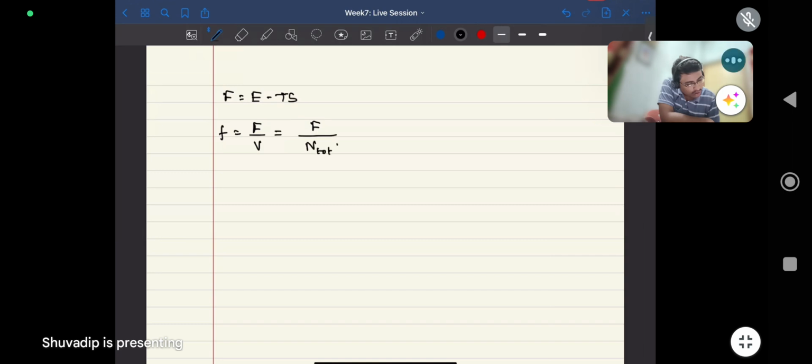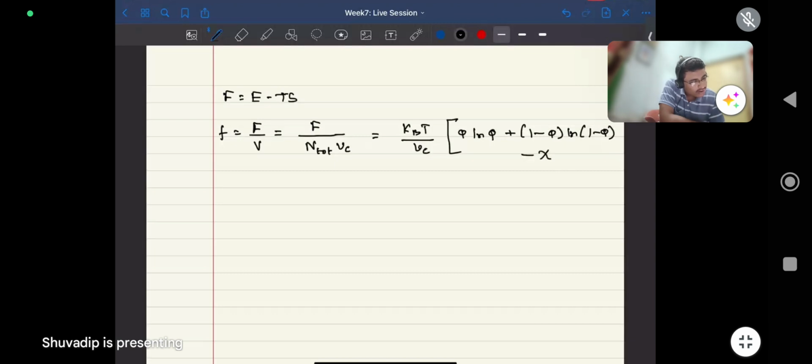F by N total into Vc. N total is Np plus Ns, and Vc is the volume associated with each of the cells. So this is one of the assumptions of the lattice model, that we consider: solute or solvent, whatever it is, it always occupies the same amount of volume, which is given by Vc. So total volume will be N total into Vc. So this will be kBT by Vc, phi ln phi plus, I am writing down the contribution from entropy, (1 minus phi) ln(1 minus phi)